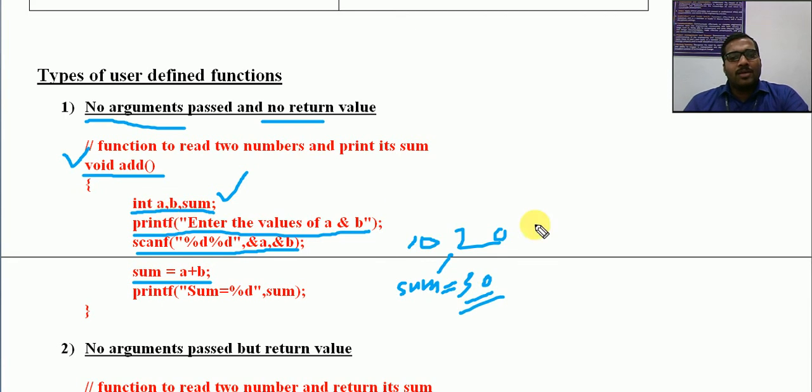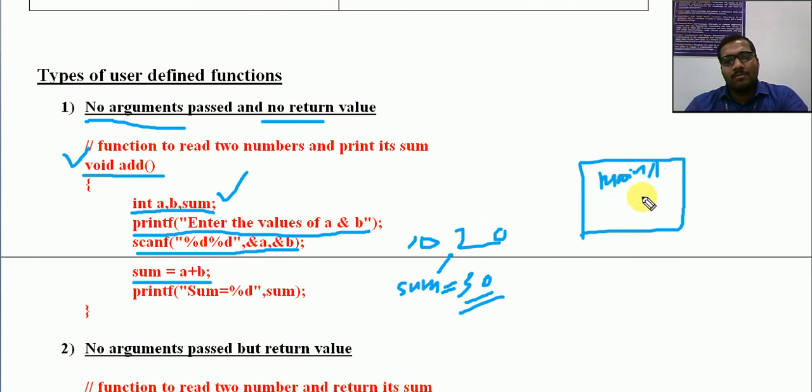So what we are doing with our main program, this is only the function definition. In our main program, in this body, I'll simply call add. That's all, semicolon. This body will be executed. I am not passing any parameter. Automatically it will execute like an independent program when it is being called. Then after the completion, there is no return statement. Return type is void, so no value will be returned back to the main program.